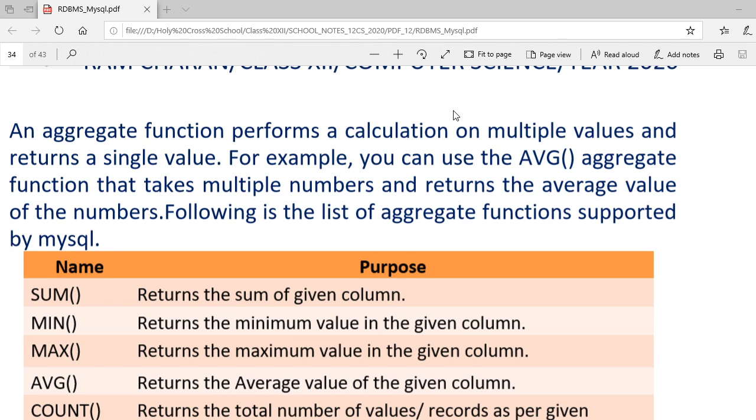Let's suppose salary is given. I want to print the sum of all the salary. What am I going to do? If I am going to print the sum of all the salary, can this be possible? Can you write a query to print the sum of all the salary without using a function? Just apply your brain.